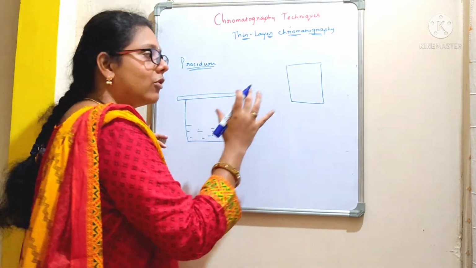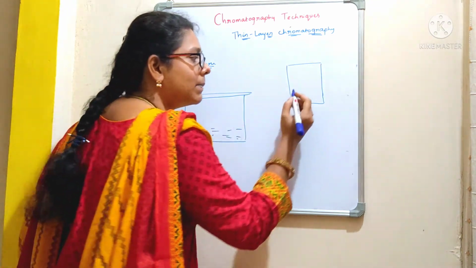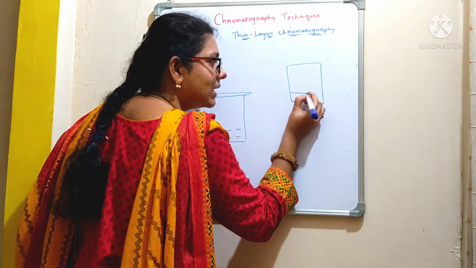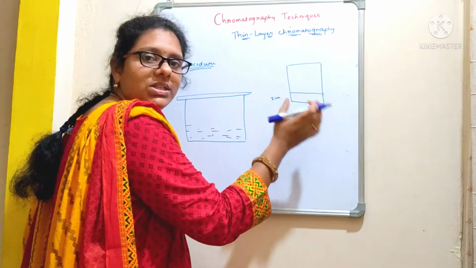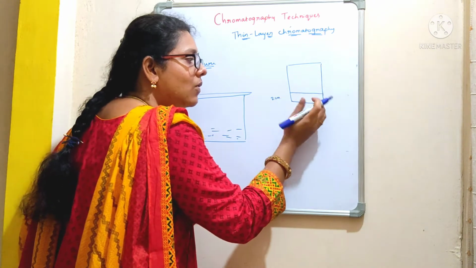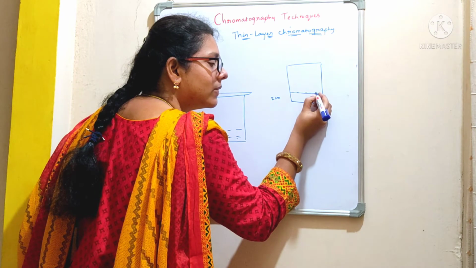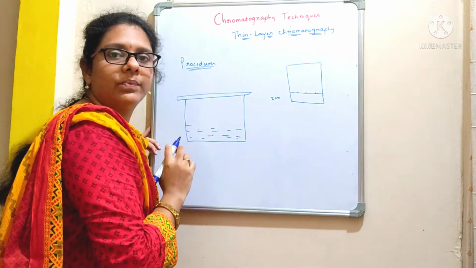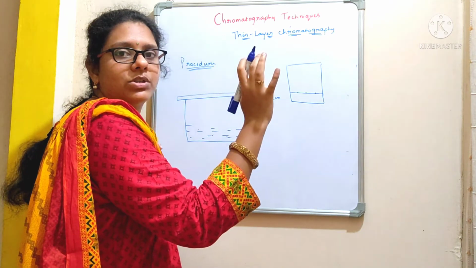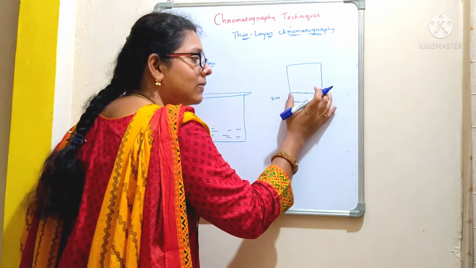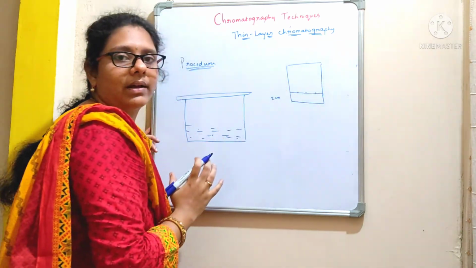And in the meantime, what you are going to do? You have to take a silica sheet, and using a pencil, you have to mark a line leaving 2 centimeters above from the edge of the sheet. Okay. Now you are going to apply sample spots with the help of capillary tubes. Do not apply more sample, just a small spot is sufficient, right? Once you are done with the application of sample, what you are supposed to do? You have to allow it to dry.